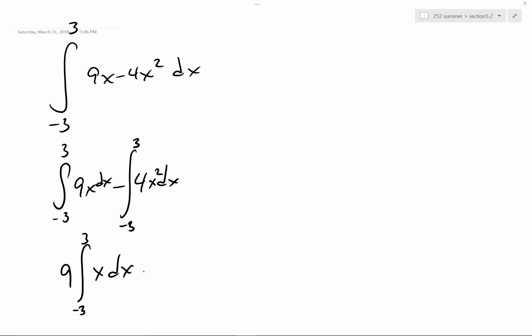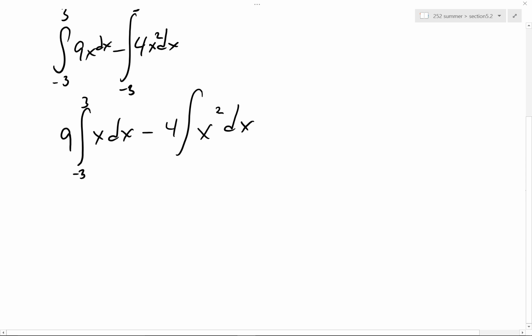I've got constants, so I can pull them out. Good for me. And then let's take the antiderivative. So that's going to be x squared over 2 from negative 3 to 3, 9 times that. Minus 4 times